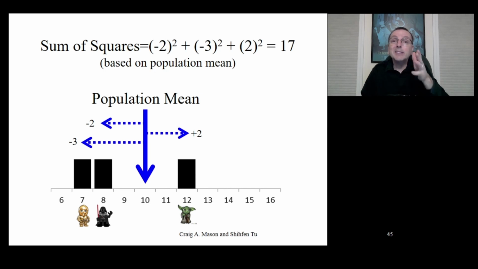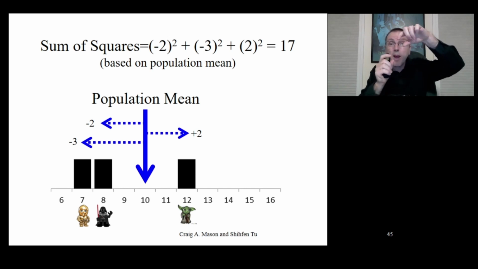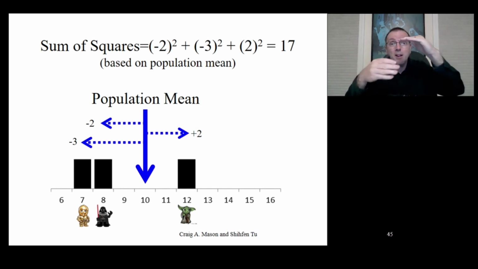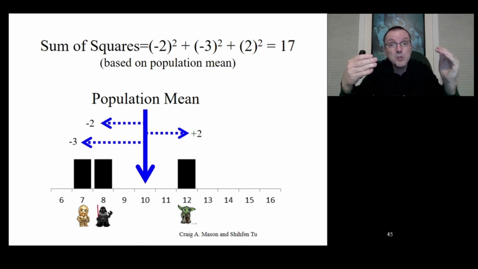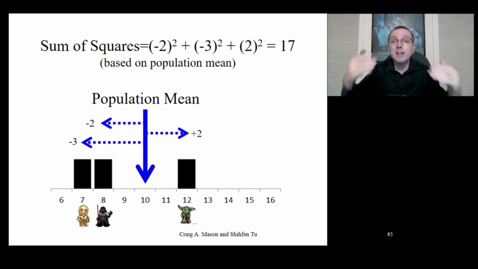Now, because it's based on a sample, the sum of squares using the sample mean will be biased towards being too small if we use it to estimate the population variance, right? And because that sum of squares that's biased towards being too small is in the numerator of the variance, if the sum of squares is biased towards being too small, the variance will be biased towards being too small. In that case, you can think of dividing by n minus 1 instead of n as balancing out that bias.